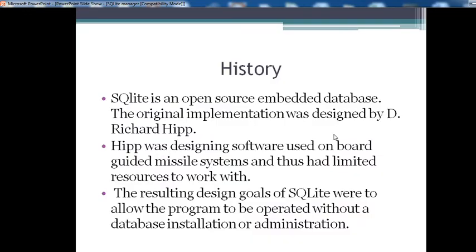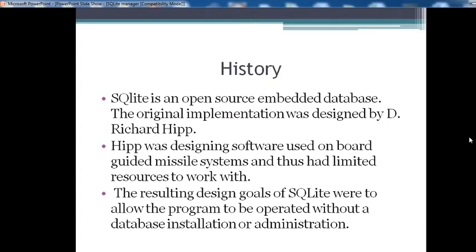First, the history of SQLite. SQLite is an open source embedded database. It was originally designed by Dr. Richard Hipp. He was designing software used on board a guided missile system and thus had limited resources to work with.